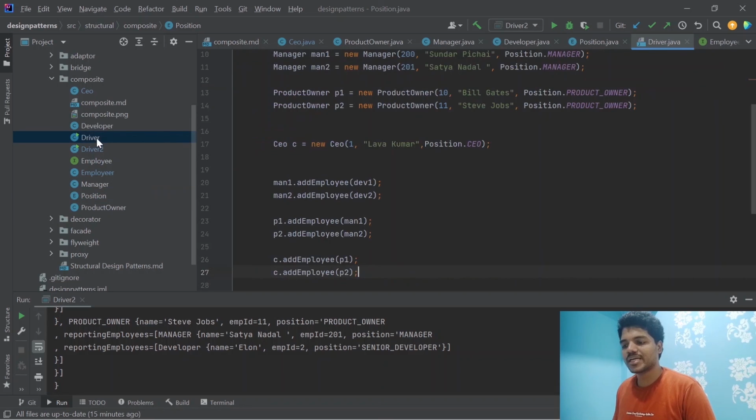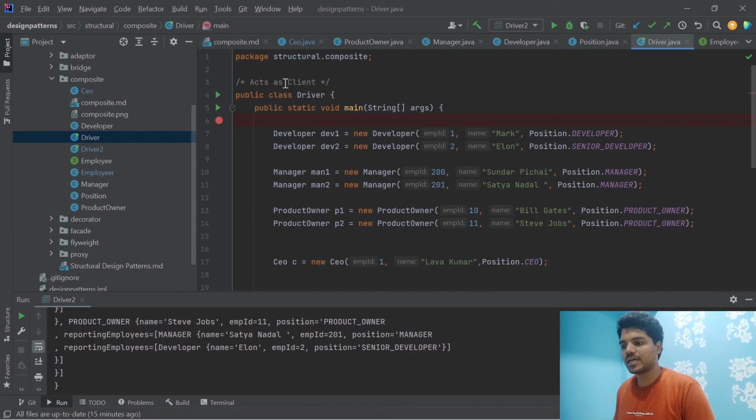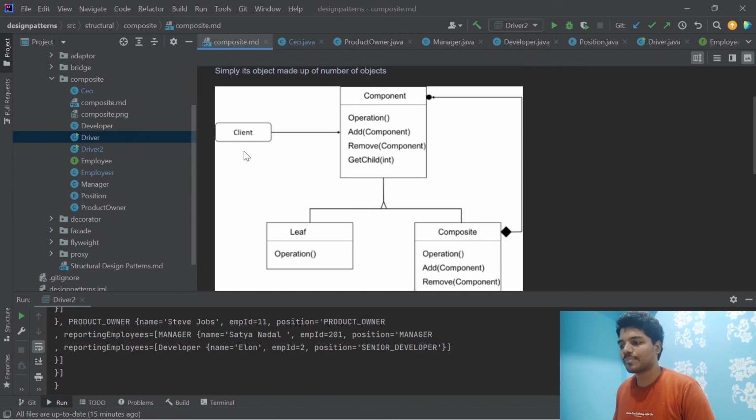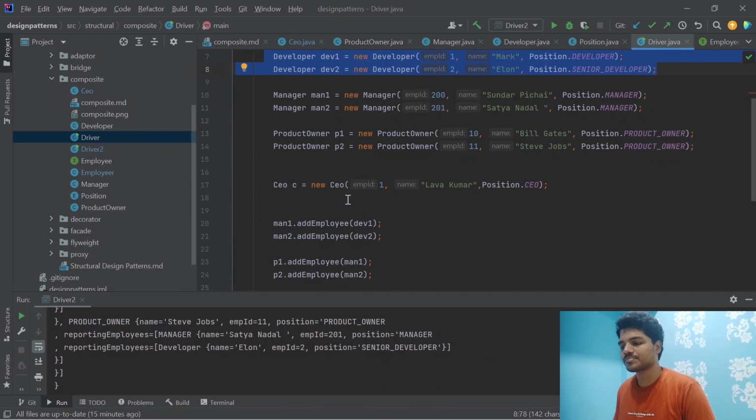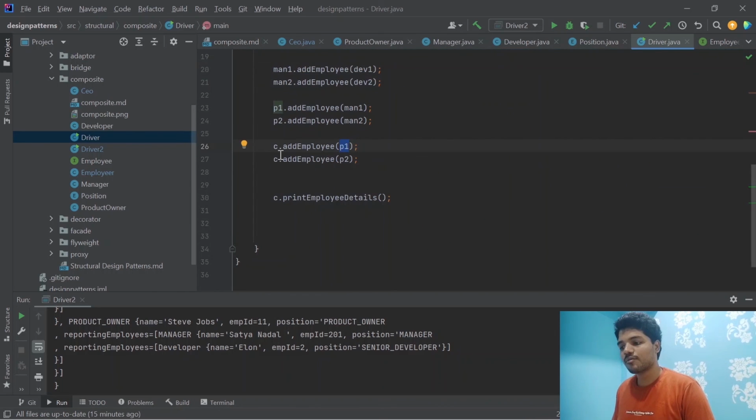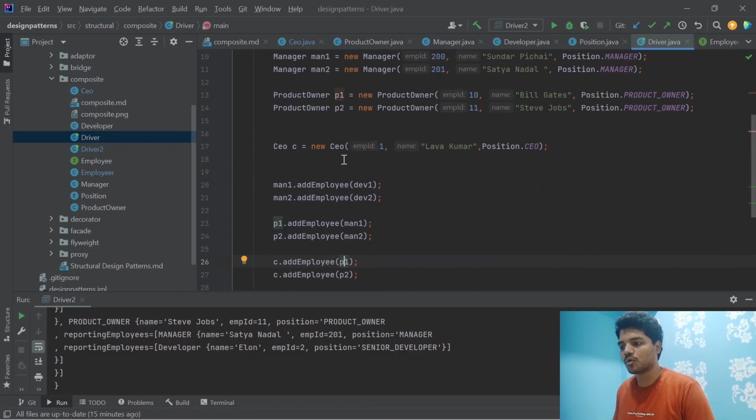If you see the driver program, basically the client code in this diagram, initially I declared two developers called Mark and Elon, two managers, Sundar Pichai and Satya Nadella, and two product owners, Bill Gates and Steve Jobs. And there is one CEO, that's of course me. The CEO has all the employees, but the CEO's direct reports are P1 and P2, which means